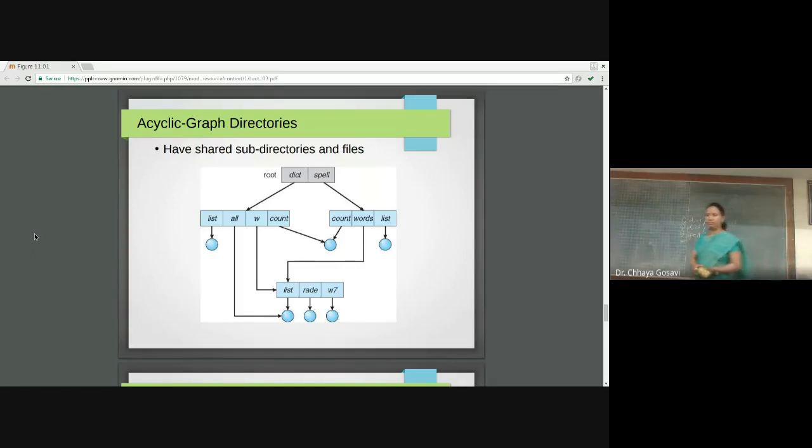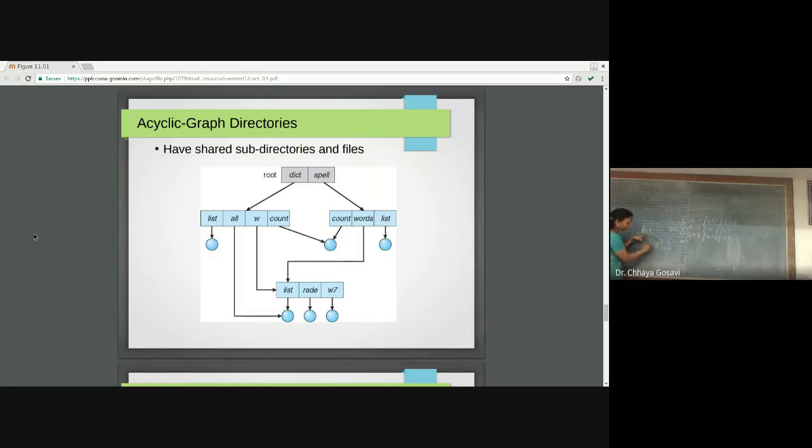So in case of a soft link or symbolic link, we have two directories pointing to this list file. One is dictionary and another is spell. So this dictionary maintains two pointers, one from the all folder and another from the W folder.